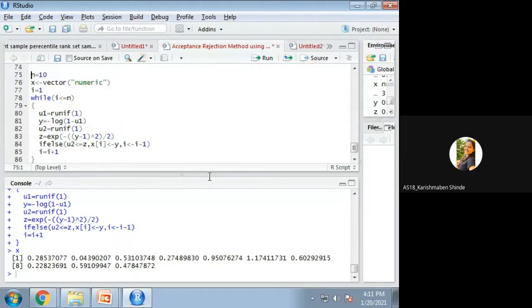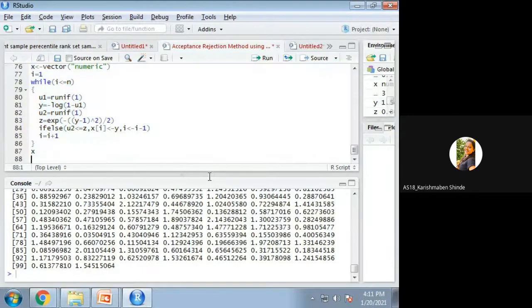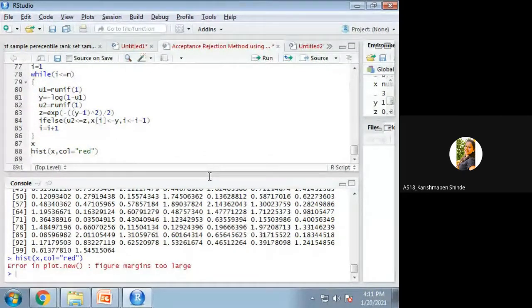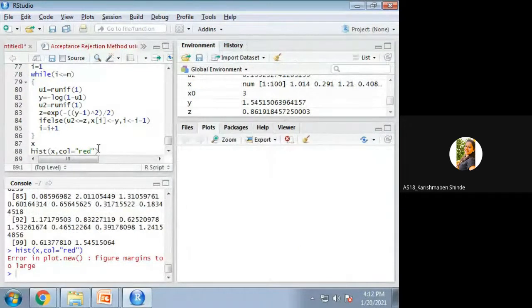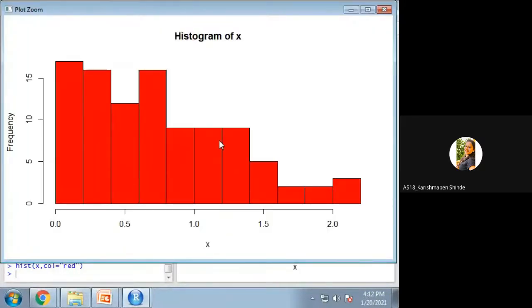Let's generate the random numbers. Make sure it is positive.